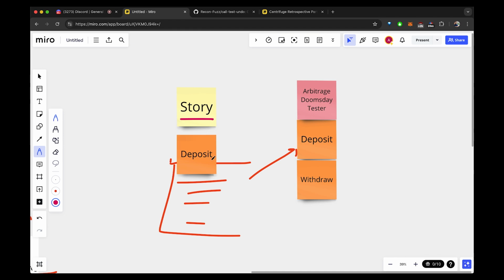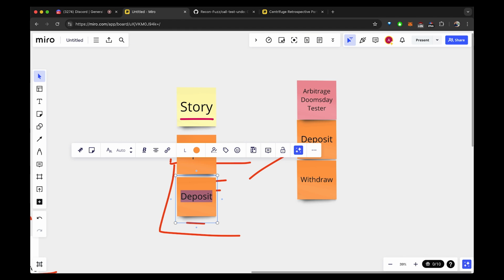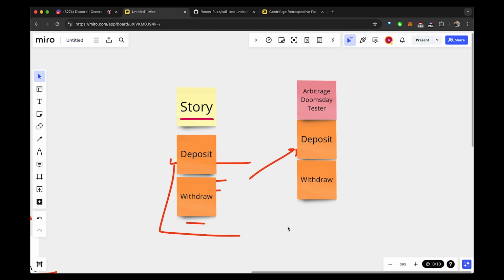It deposits, so I need to increase the counter for the deposits, and the balances of tokens have increased. And so that's why the deposit function exists in the handlers. Whereas an arbitrage doomsday tester is about checking that at any time in the story, I cannot deposit and withdraw, and that's not going to create an arbitrage opportunity. And so the idea that you will want to track the story for this and for this doesn't really make sense, because if you wanted to track the story for this and that, you would simply have a handler for deposit and a handler for withdraw, and Echidna and Medusa are completely capable of doing that,